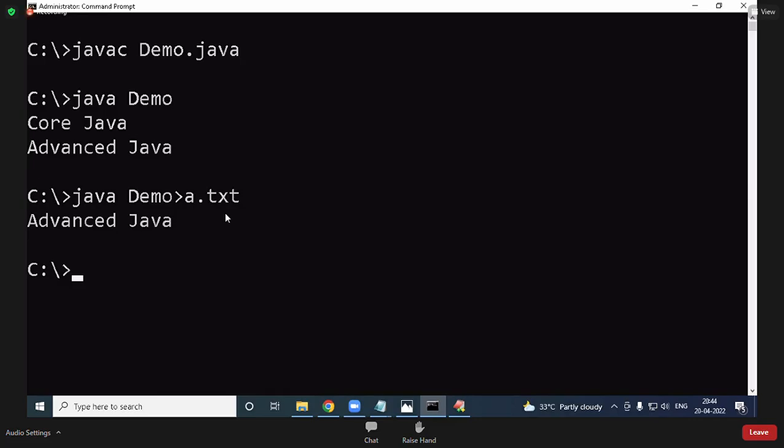So every day you are writing programs. What are you doing? You write a Java demo, you see the output, and you close it. If you want to store the output permanently, you can redirect. After writing any program, if you want to store that output permanently on the hard disk, just use the greater than symbol and a file name, and it is going to be stored permanently on the hard disk. So if you want to store your program output permanently, we can use this.